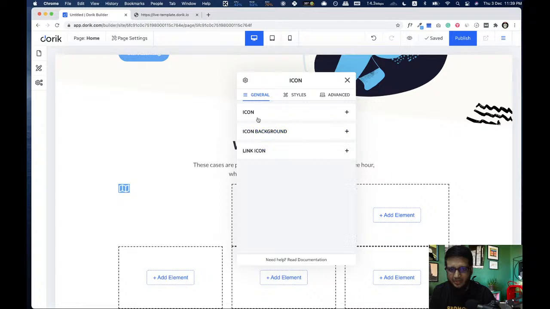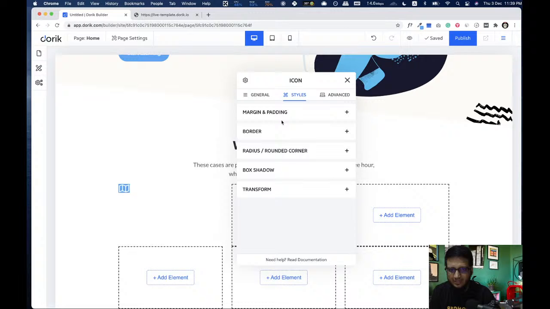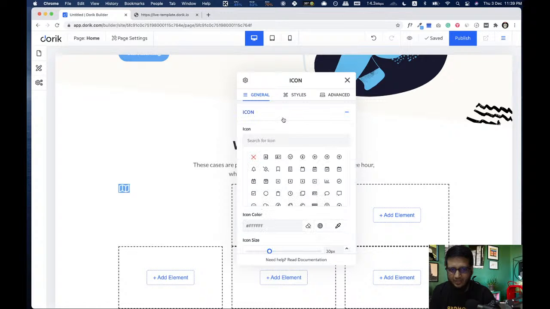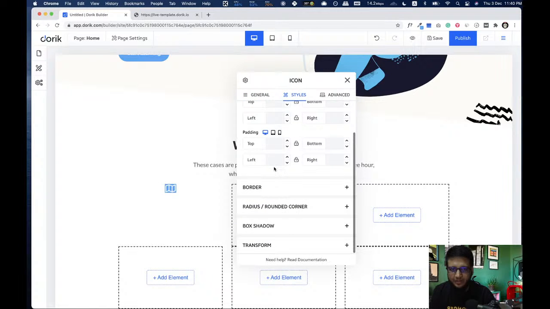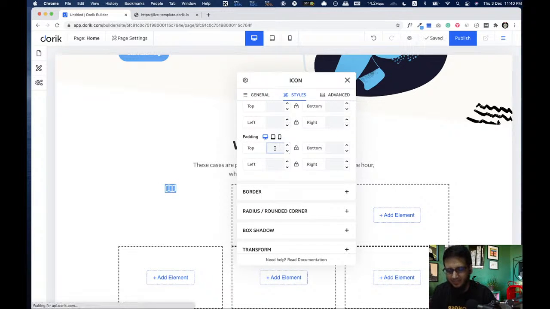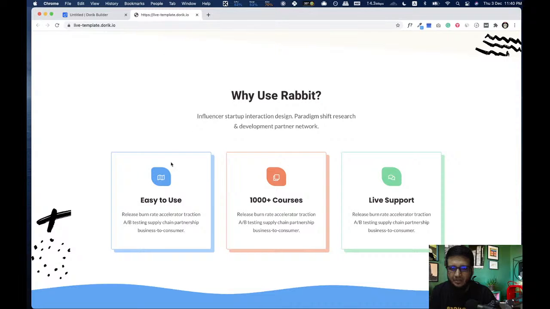We need to make it a box like this. So come to styles, and okay, I'll just quickly align the icon to the center. Okay, so we are going to add some padding at the top, let's say 20 pixels, also bottom, also right, let's say I think 18 pixels will be all right, and then we are going to give it a border radius like 50%, 50% each. That is the icon, but we don't want to make it a circle, we want it like this.